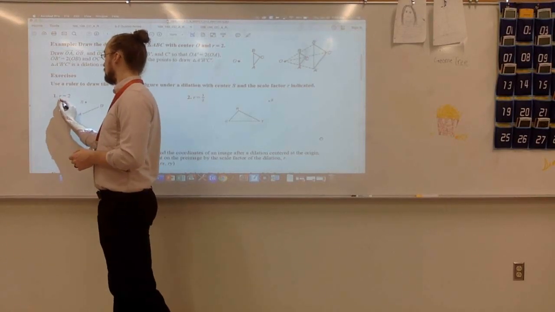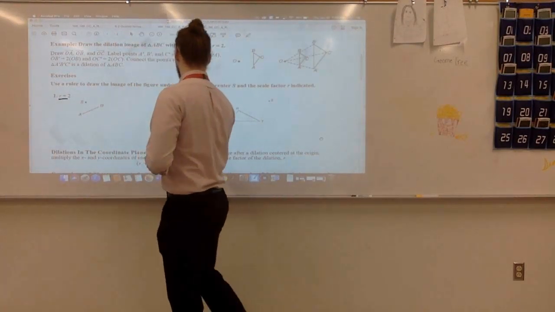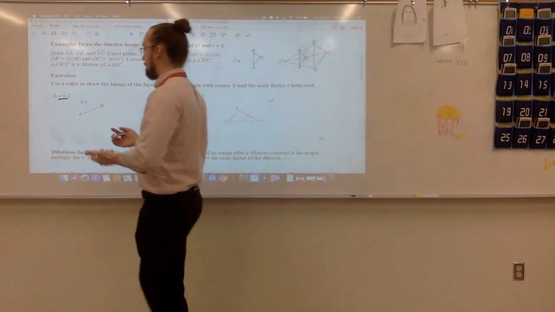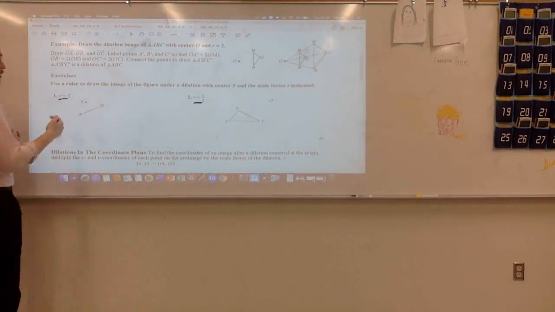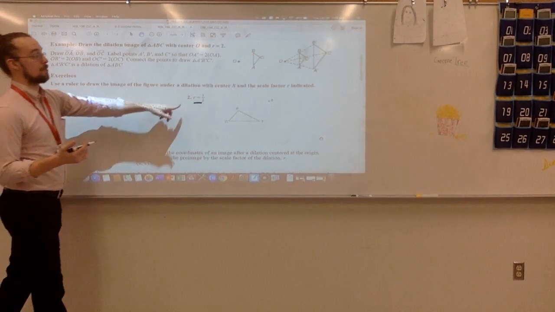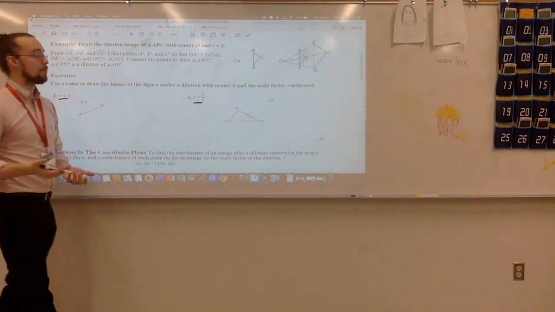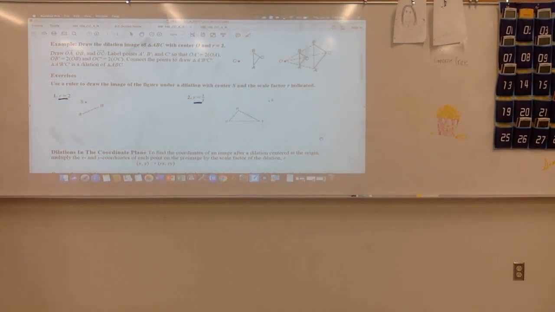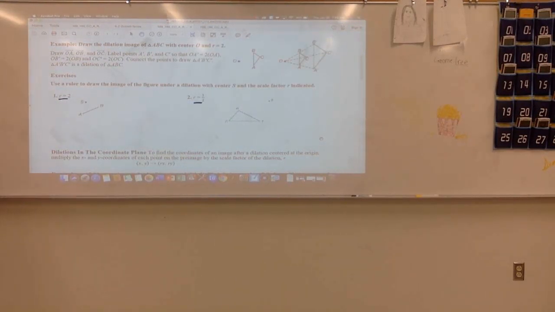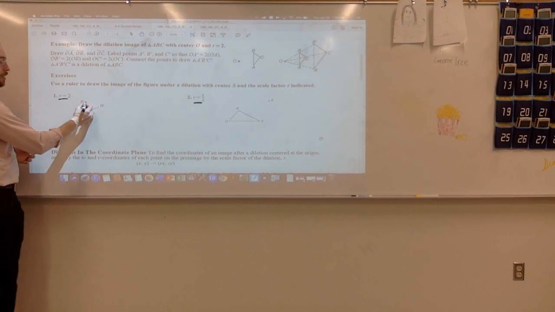This R value is our scale factor, or our dilation factor. That tells us how big our new figure is going to be compared to our old figure. So in number 1 here, our new figure is going to be twice as long. In number 2, our new figure is going to be half as large. All right? So the way that we do this without a coordinate plane, we're just going to kind of sketch